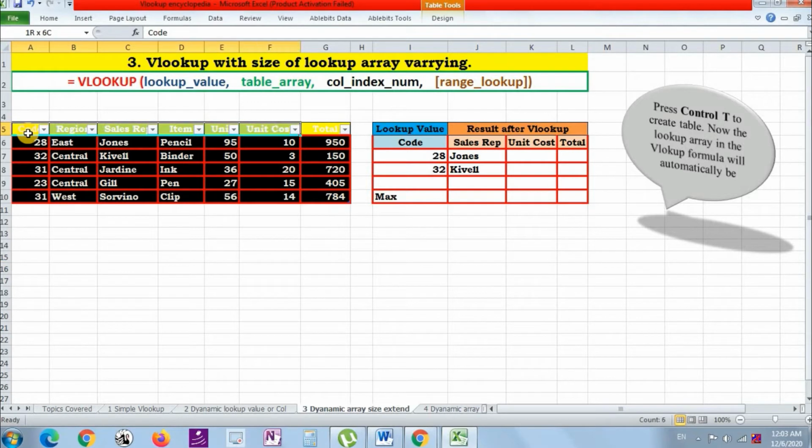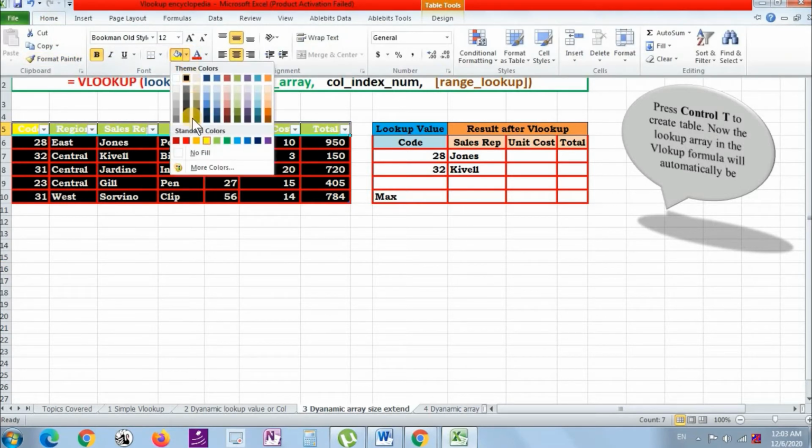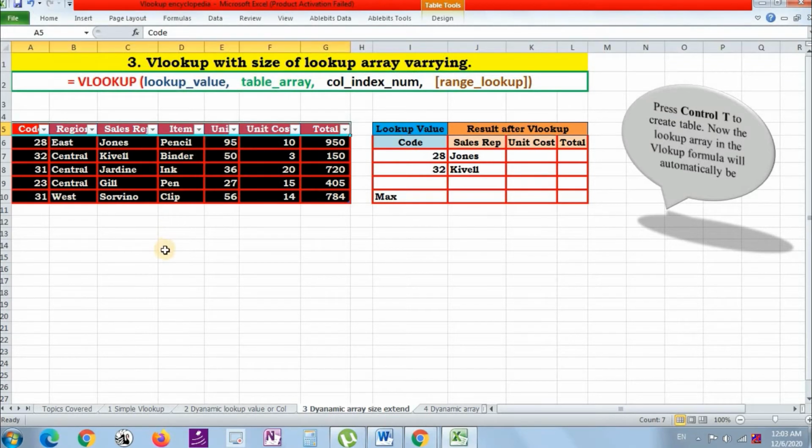Now let us change it a bit. In the right side, I have already fetched some of the lookup values. Now if I want to search a value which is not available in this code, what will it return?